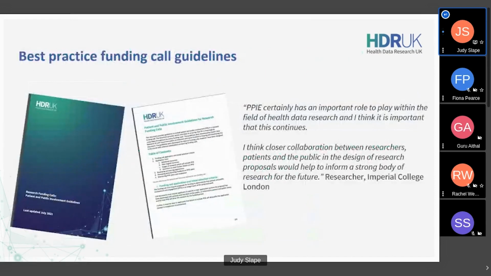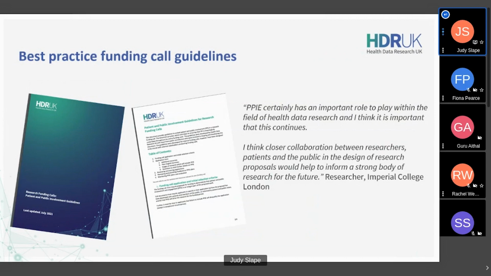I'm going to now move on to a second example of some work that we've undertaken with patients and the public. So the Data and Connectivity Program has undertaken two research funding calls, I should say. The first research funding call occurred in January 2021. At the time, we involved 3 public contributors to be part of the reviewing and scoring applications part of the research funding call. After this funding call was completed, we worked with those 3 public contributors, but also additional public contributors to develop best practice guidelines from our learnings.